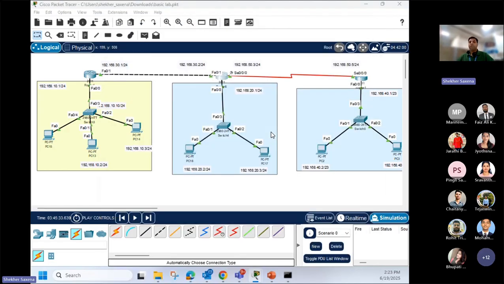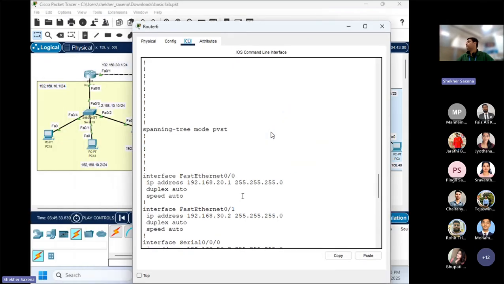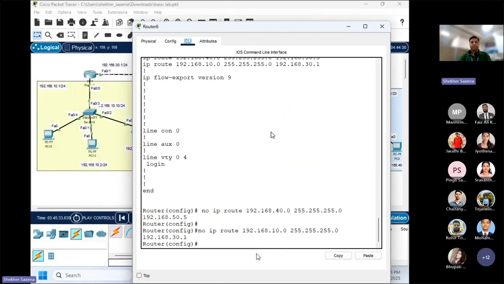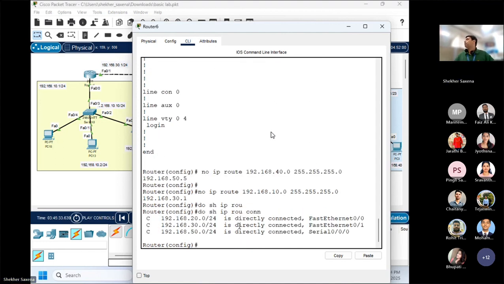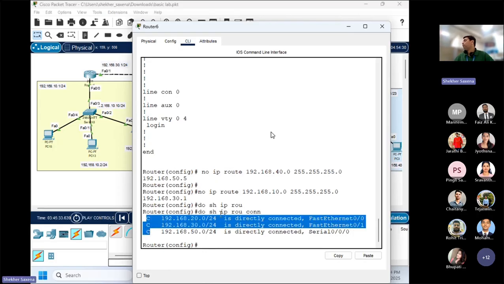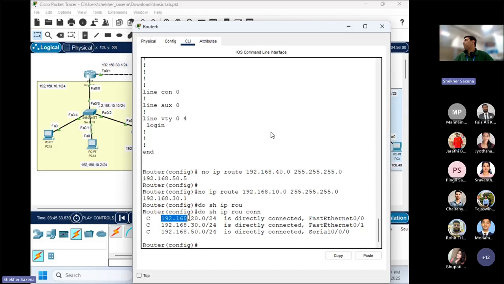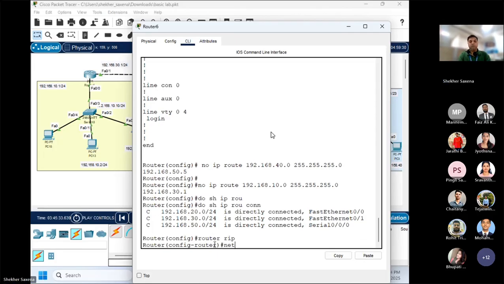Okay. So now what we will do is apply the same command here also. First of all, in the starting, just make this habit: check your network. How do we check? Do show ip route and also apply the connected keyword. It will show you only the C ones. Okay. Show ip route connected. So what networks do we have? 20, 30 and 50. So simply router rip and network